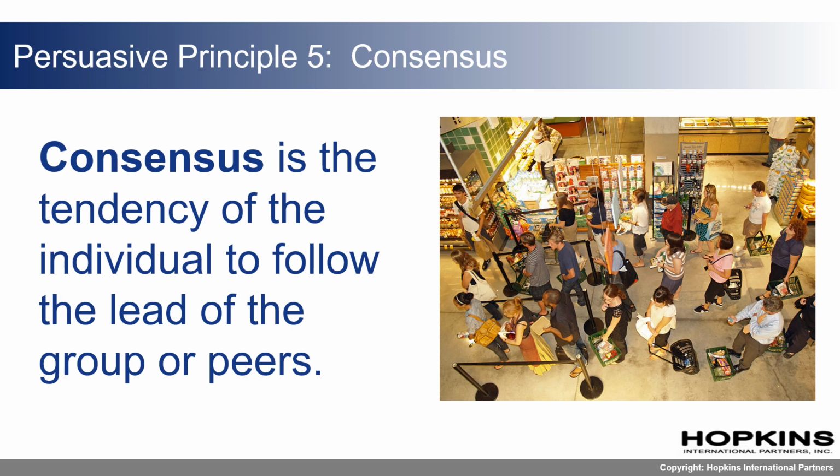Look at this line for food. Have you automatically ever assumed a restaurant is good because the line is very long? A long line tricks your brain into automatically assuming something is good because there is a large group lining up for the same thing. Your brain in this case is being influenced by the principle of consensus.